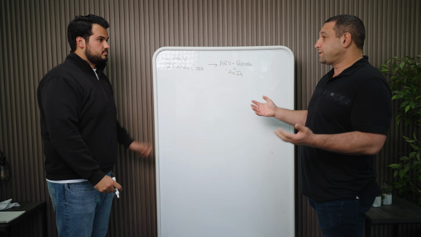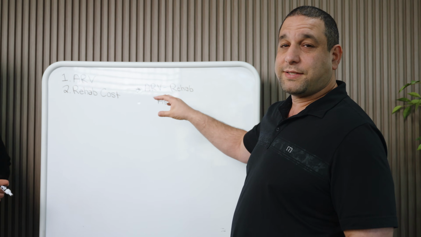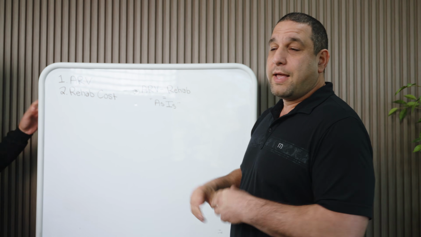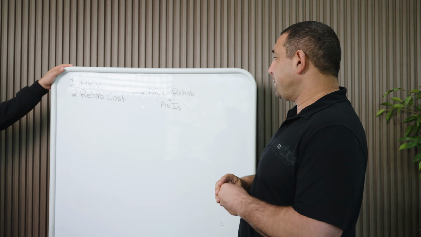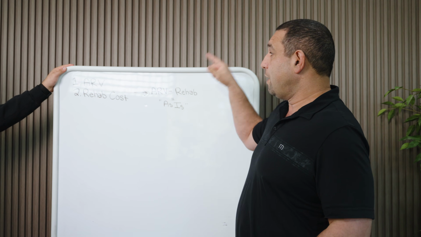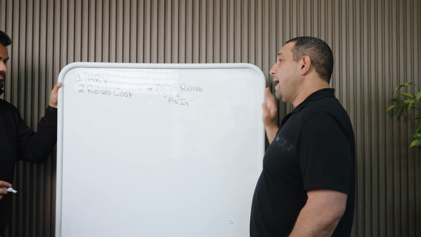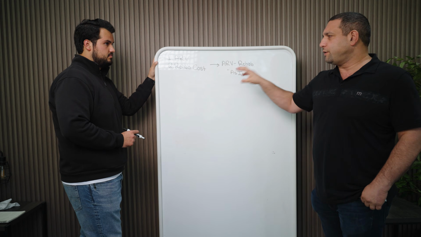Now, what's the next thing that you need to underwrite a deal? Once you have the ARV and the repair cost, it's just a formula. It's very, very simple. So Nitin's gonna go through the formula. I don't care how bad you are at math. It's a very easy formula. You can use a calculator. A lot of times you don't even need one, but what's the formula to figure out what it's worth paying for a property? And then on top of that, once you give me that formula, I'm gonna ask you a few questions why you're using certain numbers.